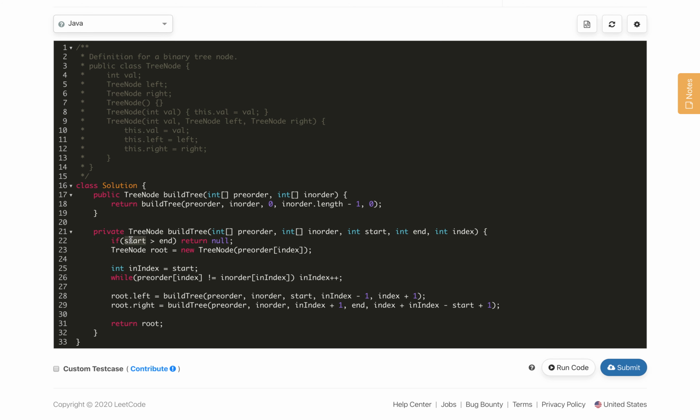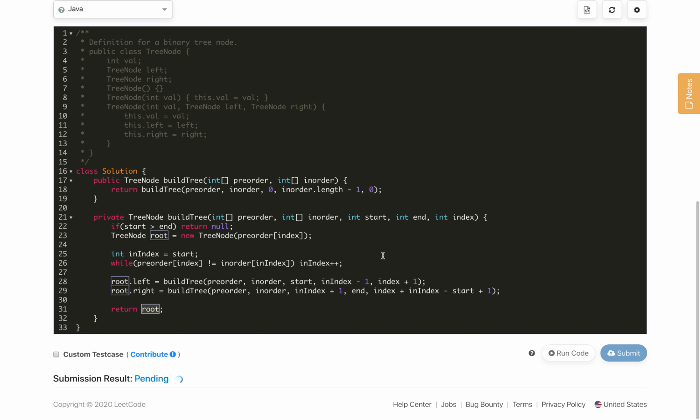After that we will check here, this is the base case of our recursive call, the termination condition. Whenever start crosses end, we will return the null node, and then we will create the root node here first, and we also need to find the inIndex. So for inIndex we will check where the pre-order index node exists in our in-order array. We will calculate this using a while loop, and then call the recursive calls left and right, and after that return the root node. So let's submit this code,